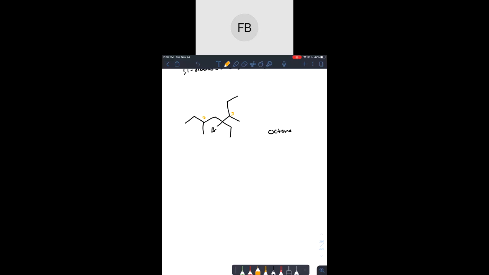So you have to go to the next thing that's closest, which if you're counting from the left, you get the Br and the ethyl first. So this is a little complicated to explain, but basically